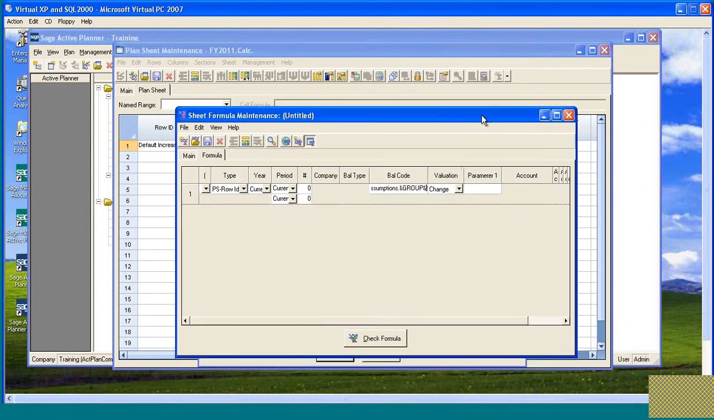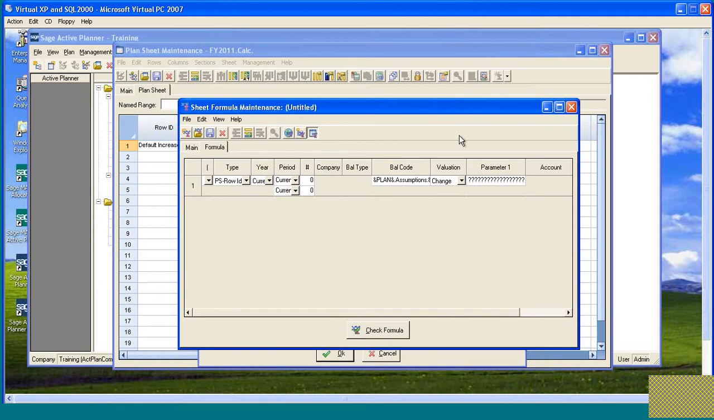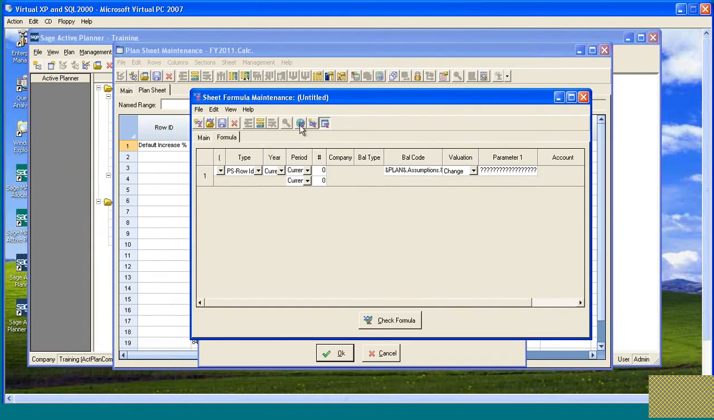The last thing is in the parameter, we need to fill in the value that we're going to look up. Yes, we could type in default increase, but we're better off using the masking, which means whatever we enter in the row ID, we will populate parameter 1 with that value and then process the calculation. That allows this plan sheet lookup based on the row ID to be very generic, and we can simply enter the appropriate row IDs in the rows where we want to use this formula. Let's make sure it's global, save it,